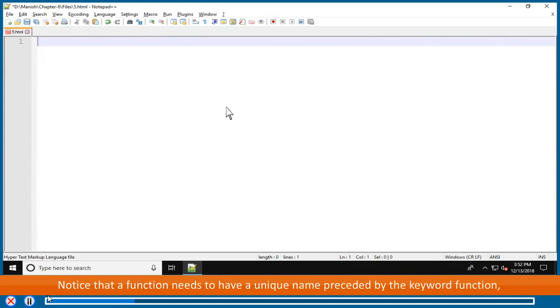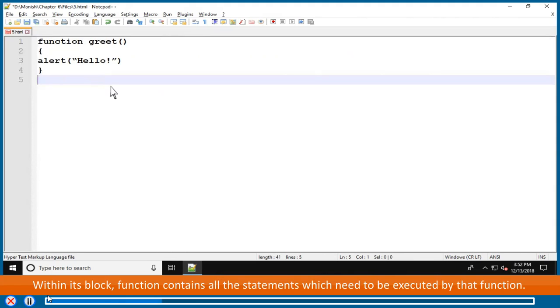Notice that a function needs to have a unique name preceded by the keyword function. Function greet. The function's definition has its own block defined by the pair of curly brackets. Within its block, the function contains all the statements which need to be executed by that function. function greet() { alert("Hello!") }